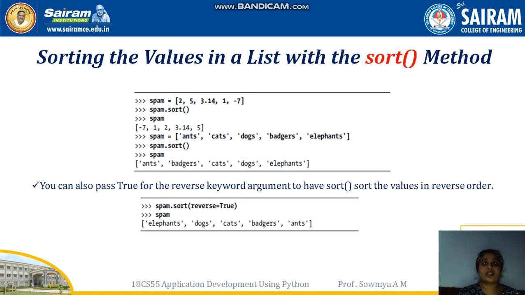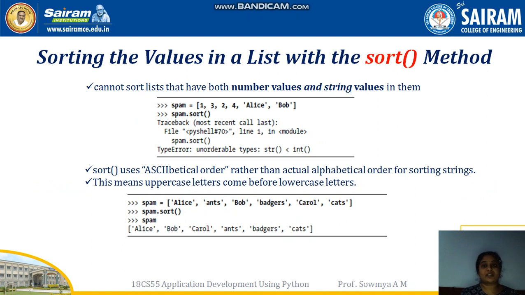Next one is sort. If you have a list and you want to sort it in ascending order, then we can make use of the sort function. And if you want to sort it in reverse order, it is done by passing an argument, reverse equal to True. If you have numbers, they are sorted in ascending order. If you have strings, they will be sorted character-wise, meaning alphabetical order, with the help of list name dot sort. You have to specify which list you are sorting, with a dot and the sort method called.